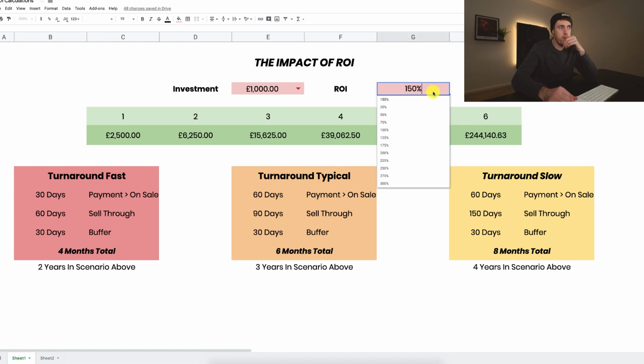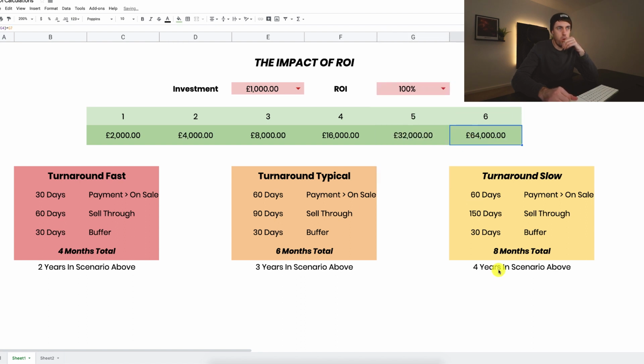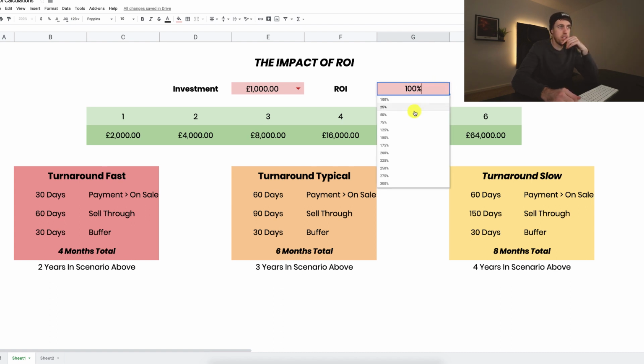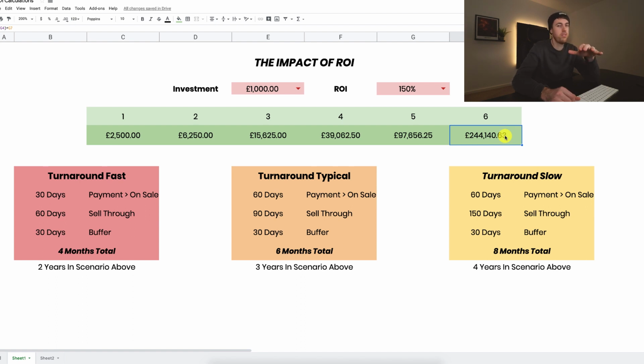But you see how when going from 100%, what would be in a typical turnaround time would be a 3-year cycle. 3 years, you would take that £1,000, invest it, reinvest it, and in 3 years' time, you'd be looking at having around £64,000 of capital. But instead of generating 100% ROI, or looking for a product that's going to generate 100% ROI, you could actually use some tactics, use your skills to grow that to 150%. £244,000 in that same 3-year timeline. Nearly £200,000 in difference, a 4x change just in a small percentage.